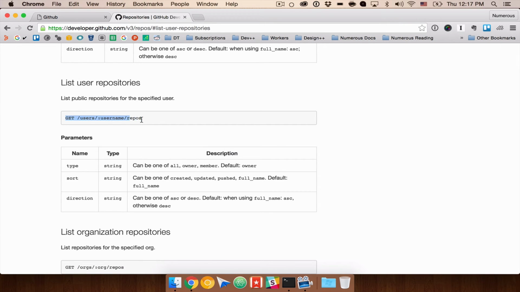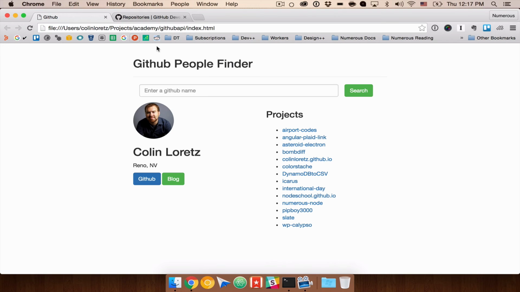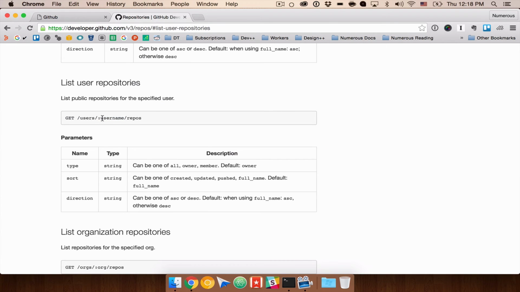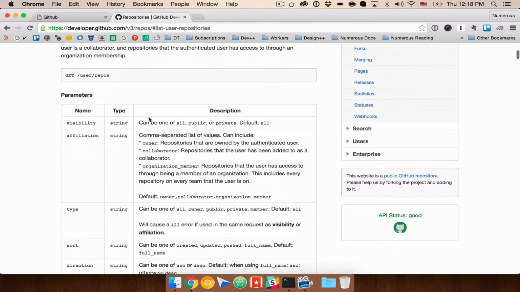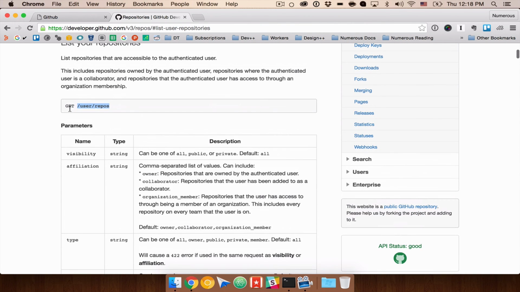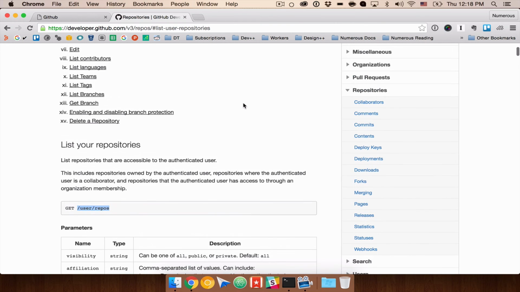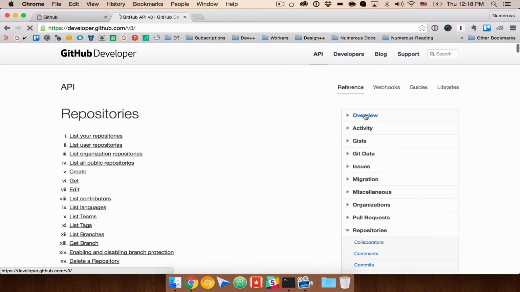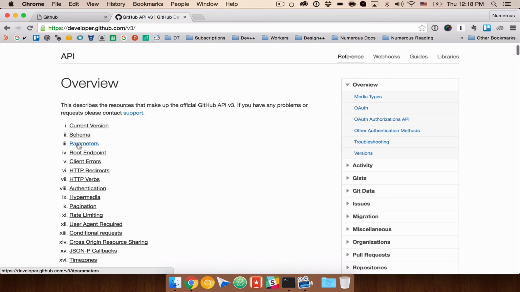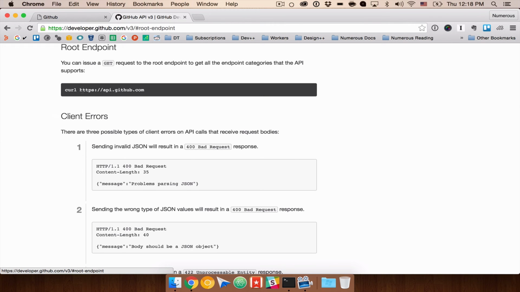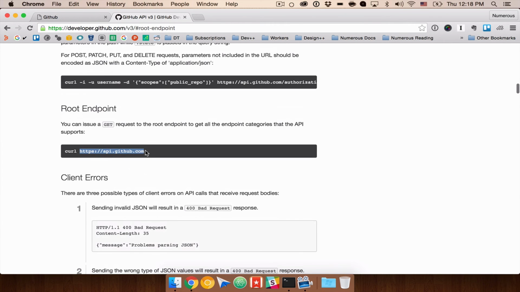So what this will do is show us a list of public projects, and again we'll replace username with the user's name. And in our example here, we're asking the user for a name. So this name will actually be replaced in here, and we will make a call to this URL. And so right now this is only showing us a partial URL, /user/repos. If we go ahead and look at the overview here, we can go ahead and click on root endpoint, and you'll see that the API is available to us at